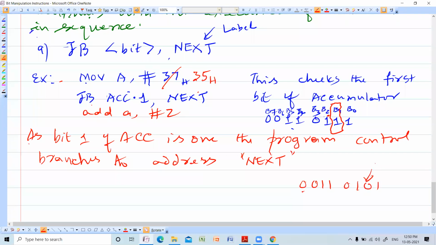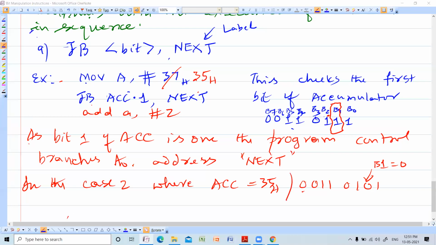In this case, bit 1 is 0. So what happens in the second case? In case 2, where accumulator is taken as 35, bit 1 is 0.